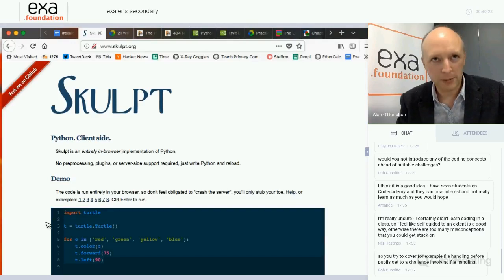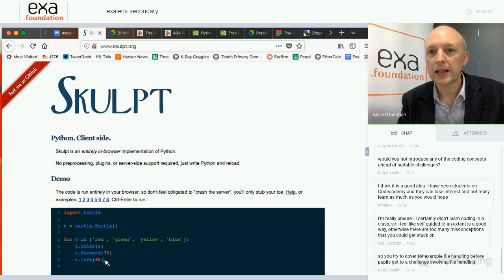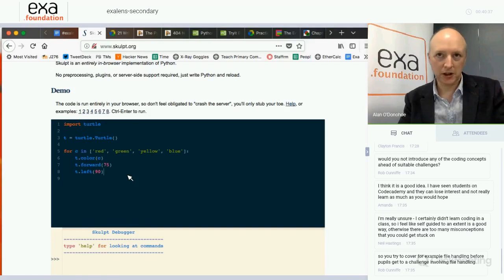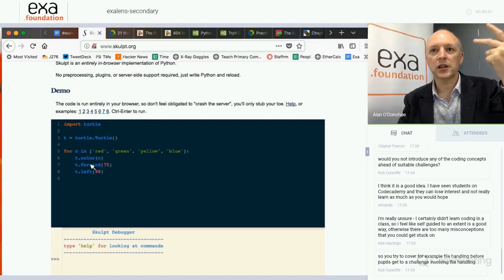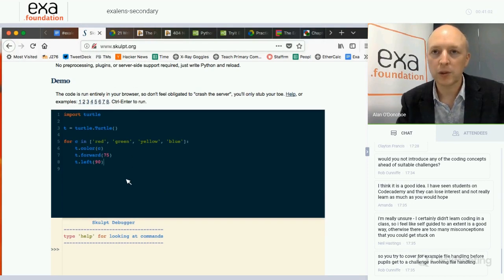Now, what you won't be able to read very clearly is there's some code here, a script, that when I execute it, will draw a polygon. And what I do is I show it to people and I say, can you make a prediction? I've done videos on this before, so I don't want to go into too much on this. So here's a piece of code. Can you figure out what it does? Later on, I would have a list of vocabulary like function, argument, iteration, data structure, array, list, parentheses, square brackets. And we would try and see if we can use any of that vocabulary to discuss what we can see on the screen.